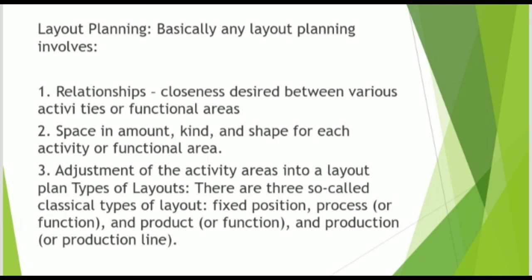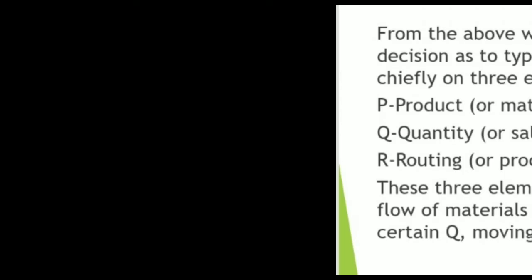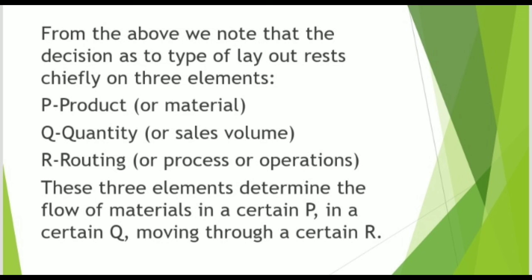Layout planning. Basically, any layout planning involves 1. Relationships: closeness desired between various activities or functional areas. 2. Space in amount, kind and shape for each activity or functional area. 3. Adjustment of the activity areas into a layout plan. Types of layouts. There are 3 so-called classical types of layout: fixed position, process or function, and product or production line. From the above, we note that the decision on the type of layout rests chiefly on 3 elements: